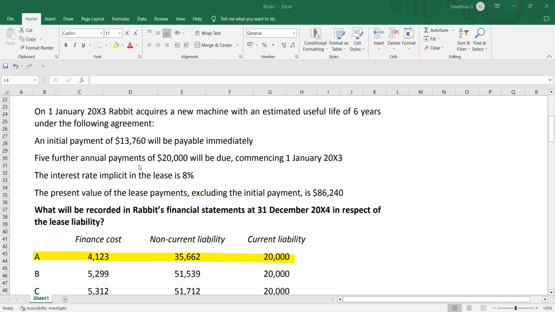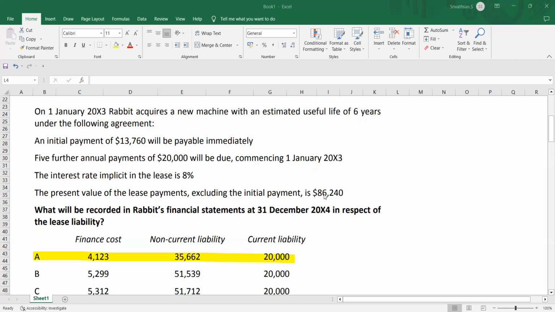And 5 further annual payments of 20,000 will be due commencing from 1st January 2013. So this is a case where we pay at the beginning of each year. So this is a case of payment in advance. Since we are making the payment at the beginning of each year, this is a case of payment in advance. So we pay 20,000 at the beginning of each year over the lease term, that's 6 years. And the implicit rate is 8% here. The present value of lease payments excluding the initial payment is